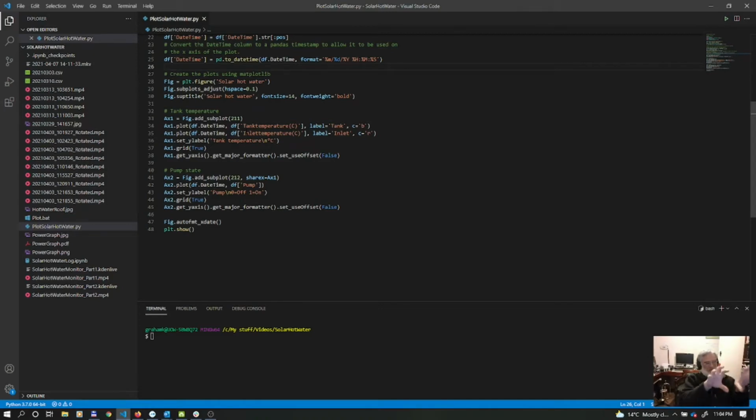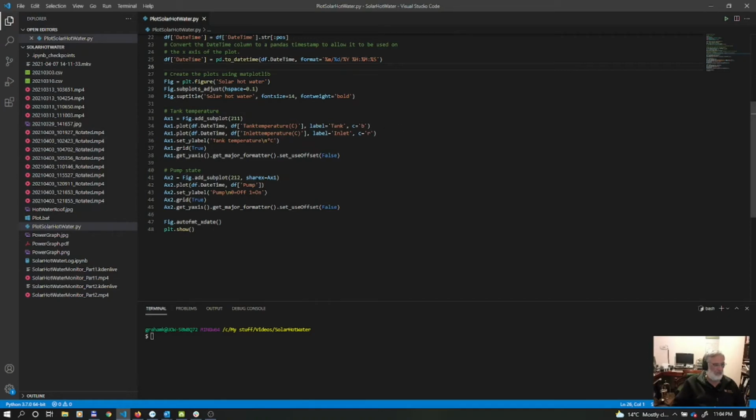I could have two plots next to each other. I could have a plot here and a plot there on the page, but I only want one plot across the page all the way. So this just tells it there's going to be two plots, and this is the first of them, and it's only one plot per row. And then